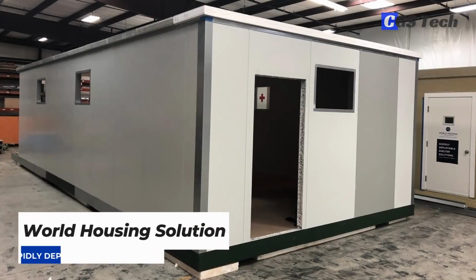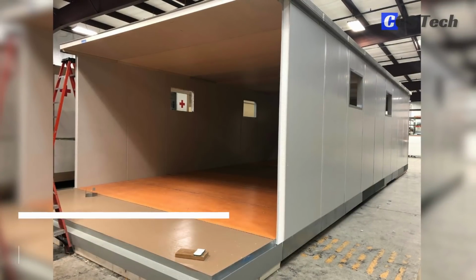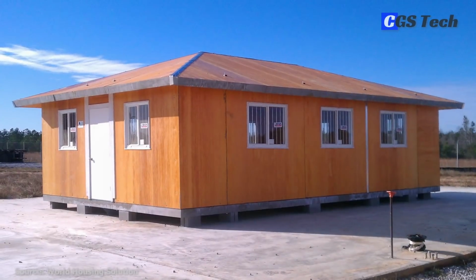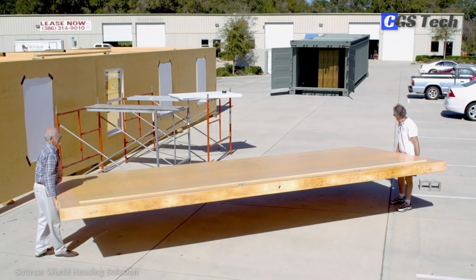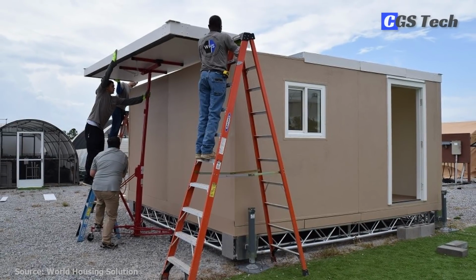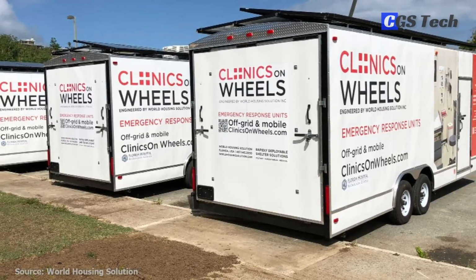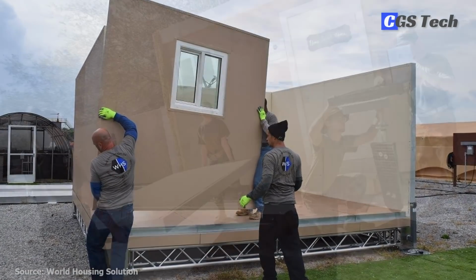World Housing Solution, based near Orlando, Florida, designs and manufactures quickly deployable shelter solutions with an emphasis on highest energy efficiency. The company was founded in 2010 following the disastrous earthquake in Haiti that left 1.5 million people without a home. Soon after, they developed a range of disaster relief solutions, most notably the rapidly deployable shelter, along with mobile response units, clinics on wheels, and alternative energy and water management solutions to meet disaster response needs, human relief, or